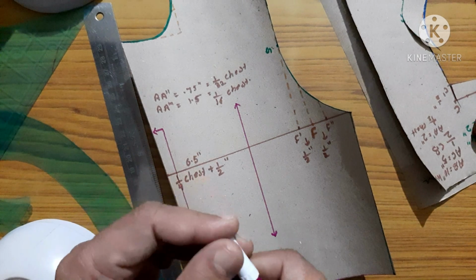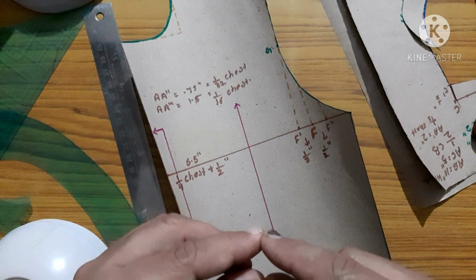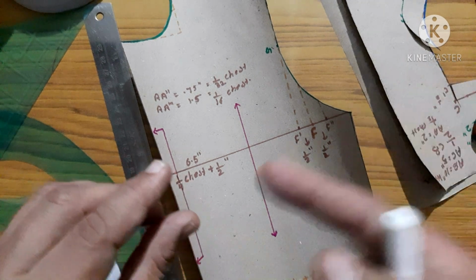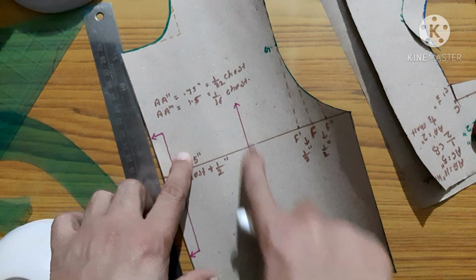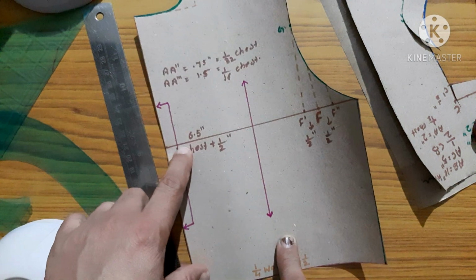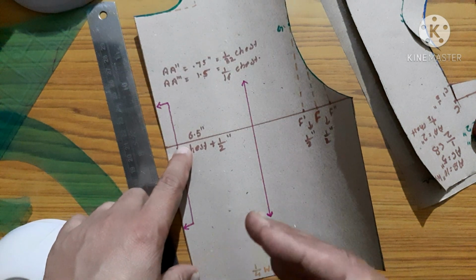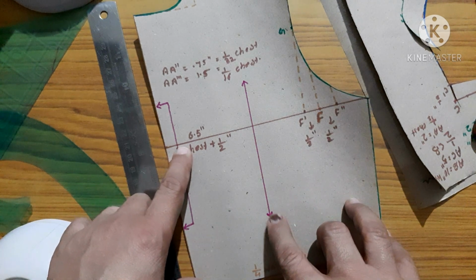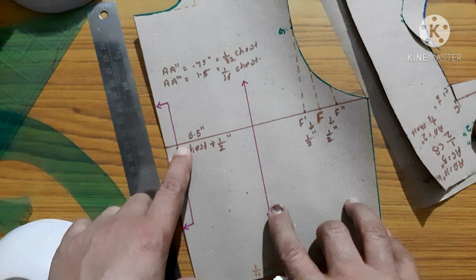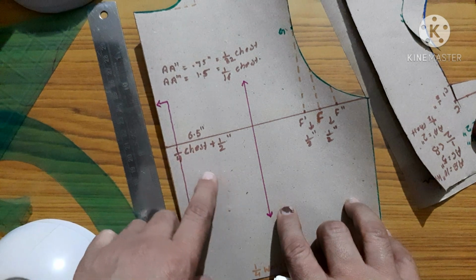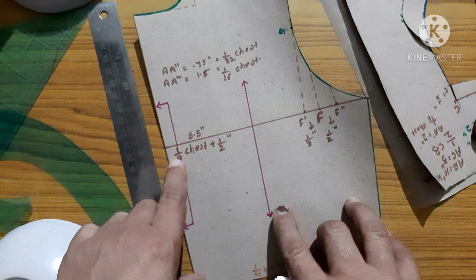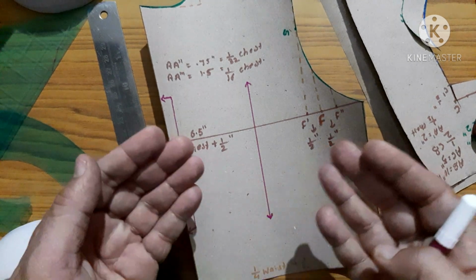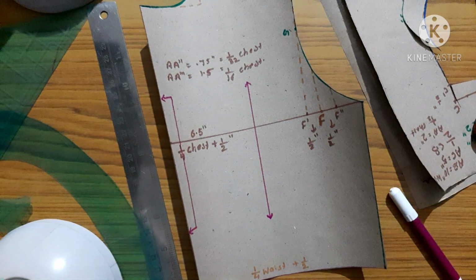Sometimes we do cut it on the weft. According to the weft, we do cut it standing, we do cut it sleeping, we do cut it diagonal. So this is the straight line which we need to put on every pattern. With the different patterns, you will come to know the importance of the grain line, and different kinds of grain lines also. Now friends, we will learn how we cut fabric through this pattern.